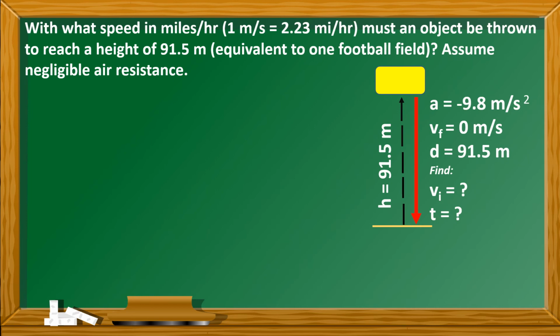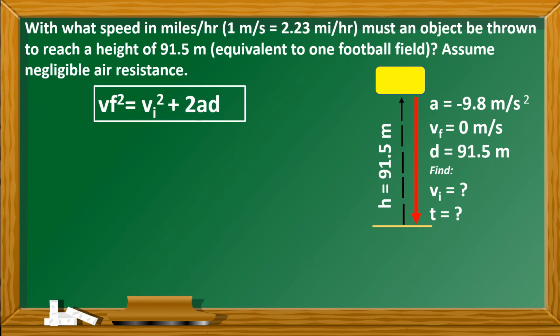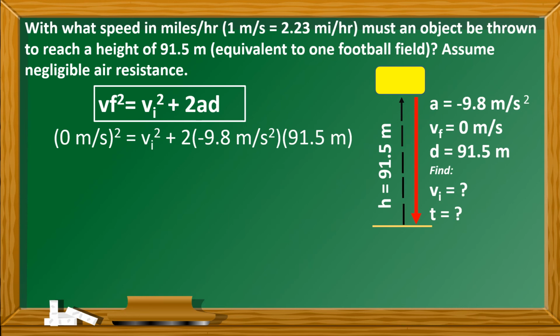So looking at the variables given, what equation do we use? We have final velocity squared equals initial velocity squared plus 2AD. Our final velocity is equal to 0 meters per second. Our initial velocity is unknown, plus 2 times the acceleration, negative 9.8 meters per second squared, and our distance is 91.5 meters. Solving the equation, we'll get an answer of